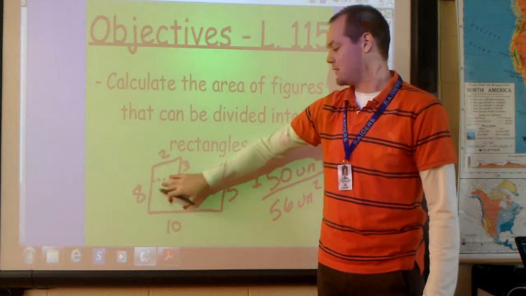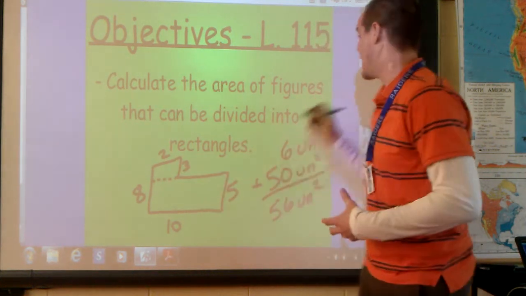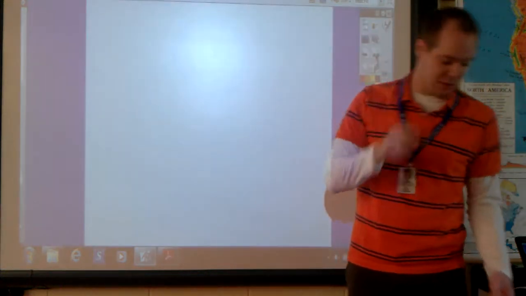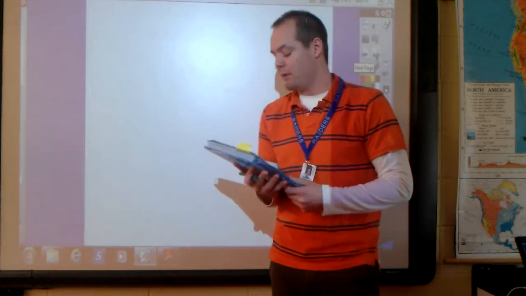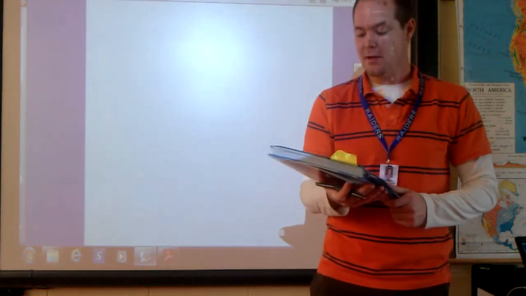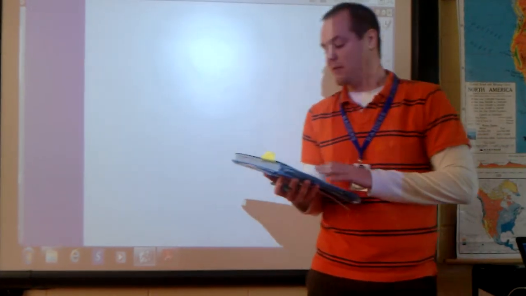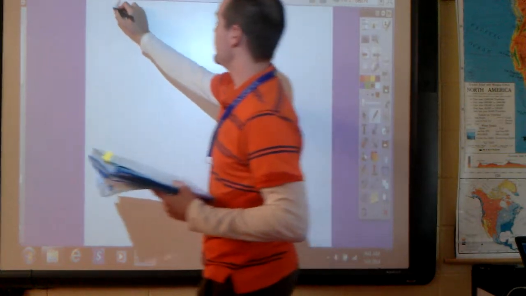Notice how I divided this figure up into 2 rectangles and then found my area after that. On page 756, it says, recall that we calculate the area of a rectangle by multiplying the length and width. In this lesson, we will calculate the area of the figures that can be divided into rectangles. On example number 1,